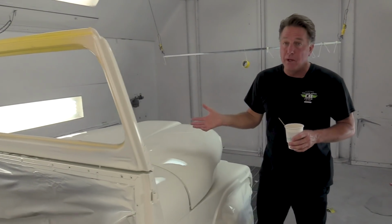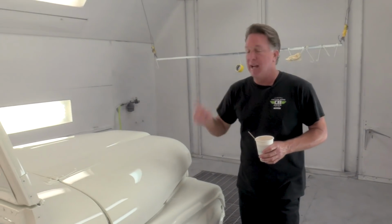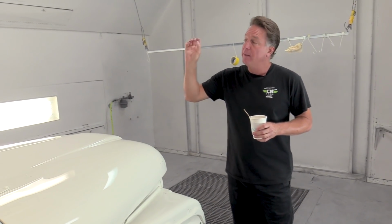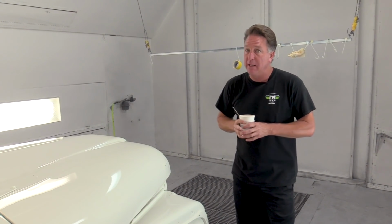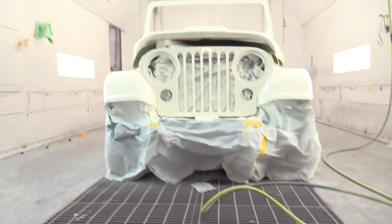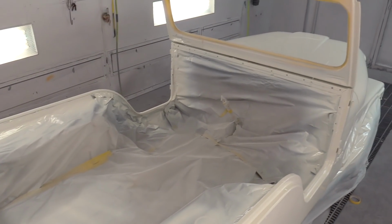Now, we took good pictures of this Jeep before we took it apart. It's one owner, had never been painted, never been hit. It is bulletproof. It is a 77 VIN on the data tag, on the firewall, 77 on the sticker on the dash. Unfortunately, we couldn't read the month and year because they're usually stamped on there, and 77 on the frame. So this is a 77 CJ5 with a 78 cal and a 78 heater set up, and everything in